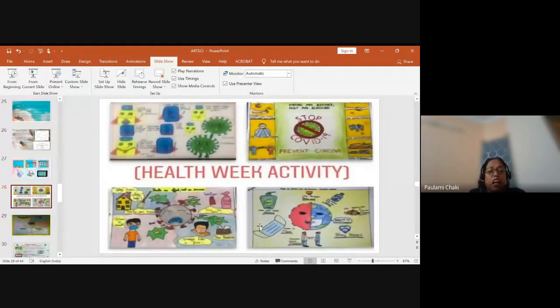And this we did in our last school, in last year's Health Week activity. We wanted our children to represent. This is a cartoon strip, teachers, and this is a poster. So we asked them, whatever way you want, cartoon strip, poster, slogan, we want to have something on stop COVID-19, prevent corona from spreading. So this is how they have given a nice portrayal of this. You can see how nicely they are using their own brains, and they are coming up with beautiful ideas.